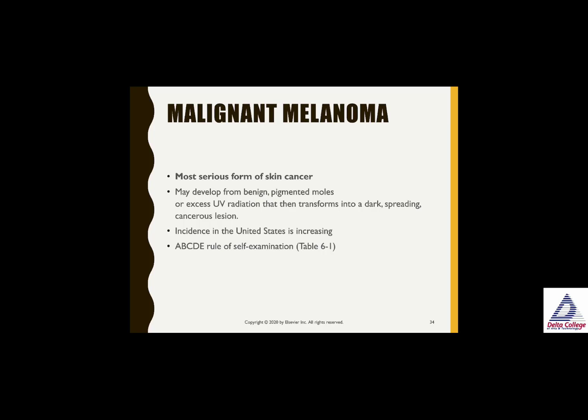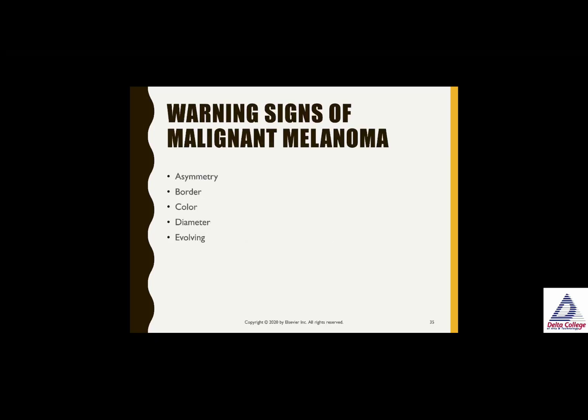And we actually use the ABCDE rule of self-examination when we're looking at skin cancers. Warning signs, especially of malignant melanoma, are in this ABCDE. Asymmetry. A means without. So anytime you see A in front of a word, it's without. So without symmetry. So if you split it in half, it's not the same on each side. Then the border. The border is what we call